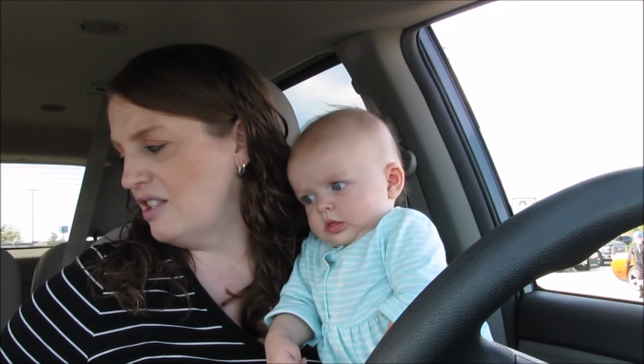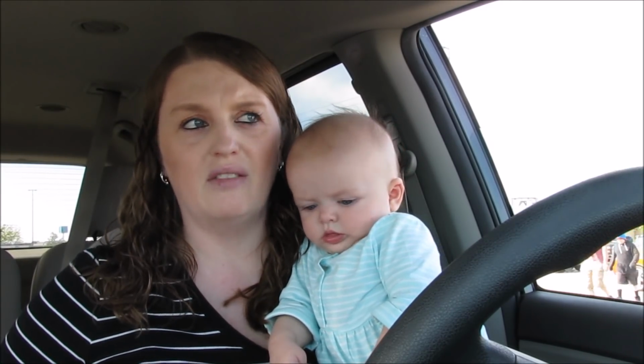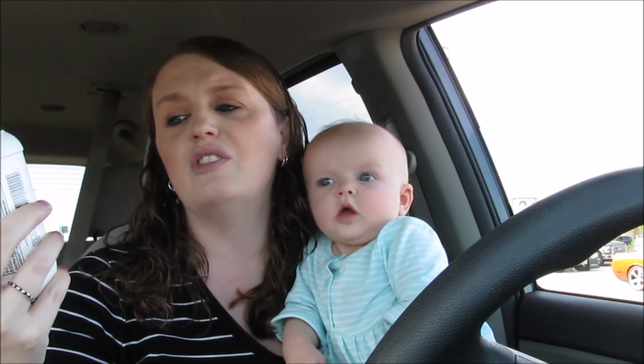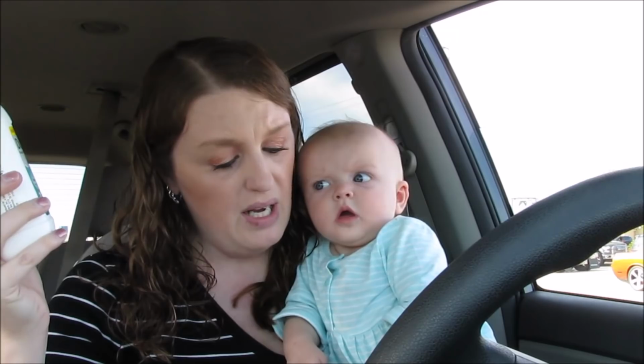Or no, I guess you guys know what, the Country Crock was still not many left. It was this one that didn't have very many left. So this is the Dulcolax liquid. This was